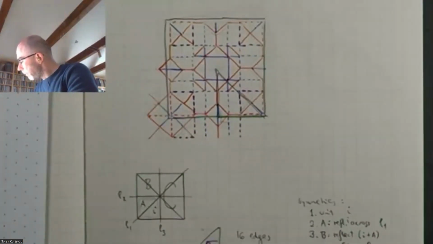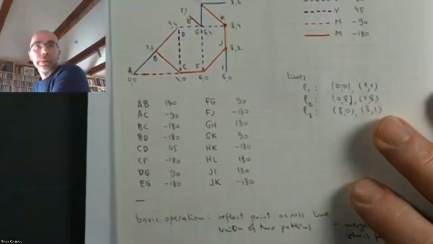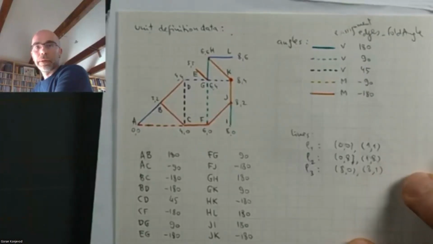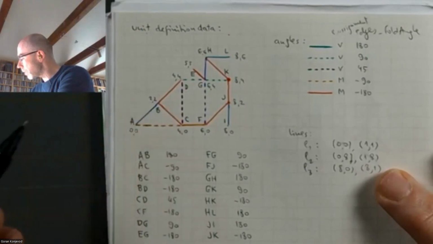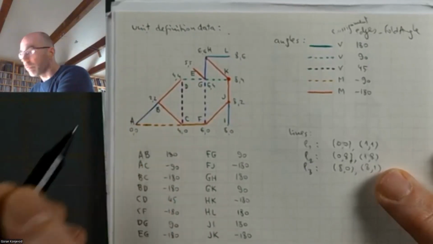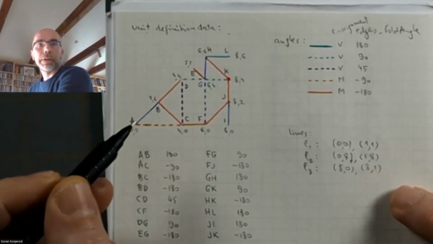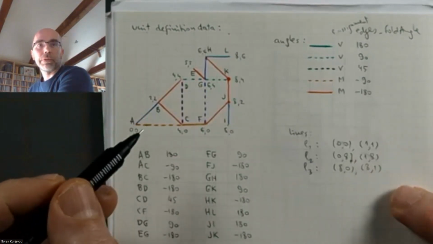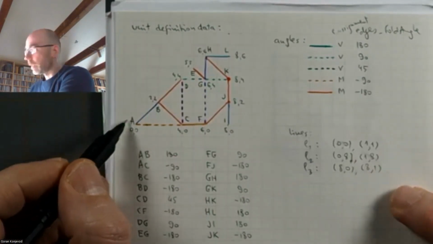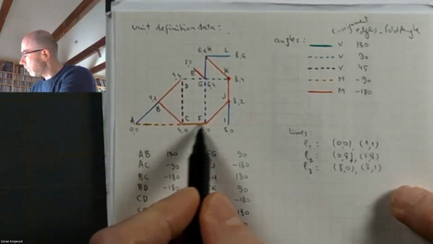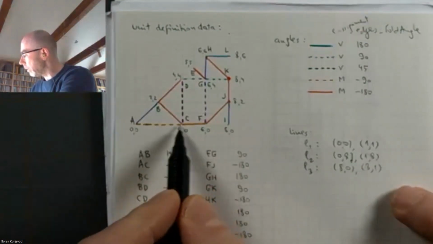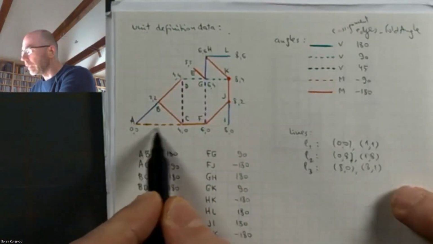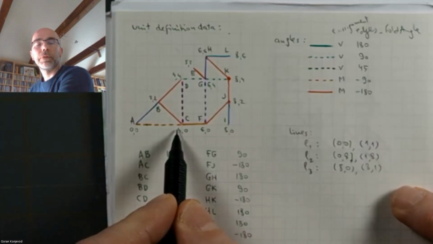So it should be enough to specify just something like this, right? To say, okay, I have these points and these edges, and the points are vertices of the final model, or at least the vertices of the pattern, and then the edges have their fold sense, mountain or valley, and angle. So the dashed lines here, I just use for myself to denote the edges that fold